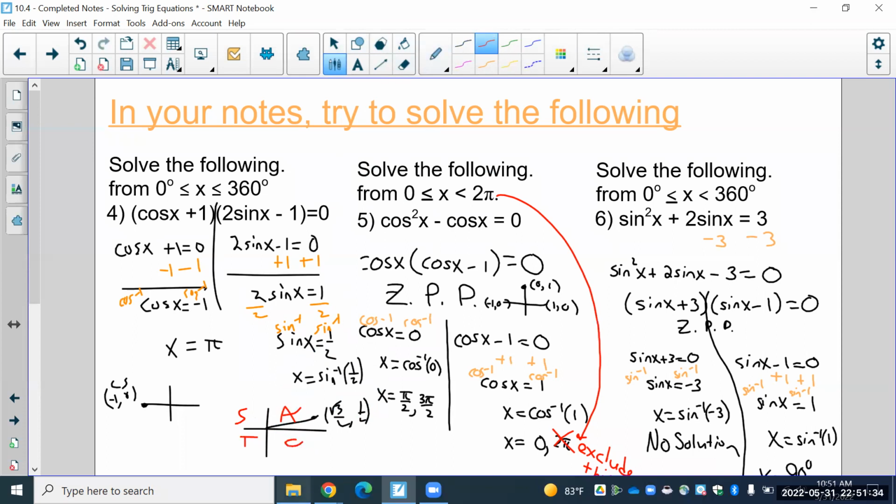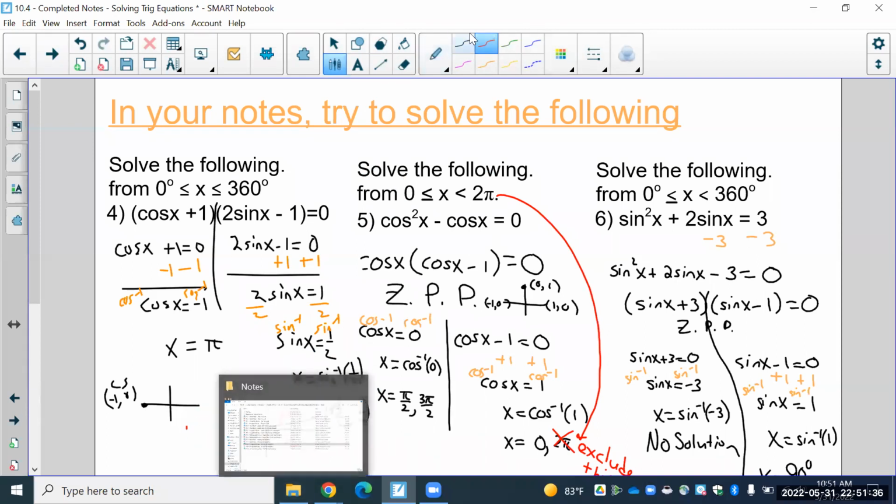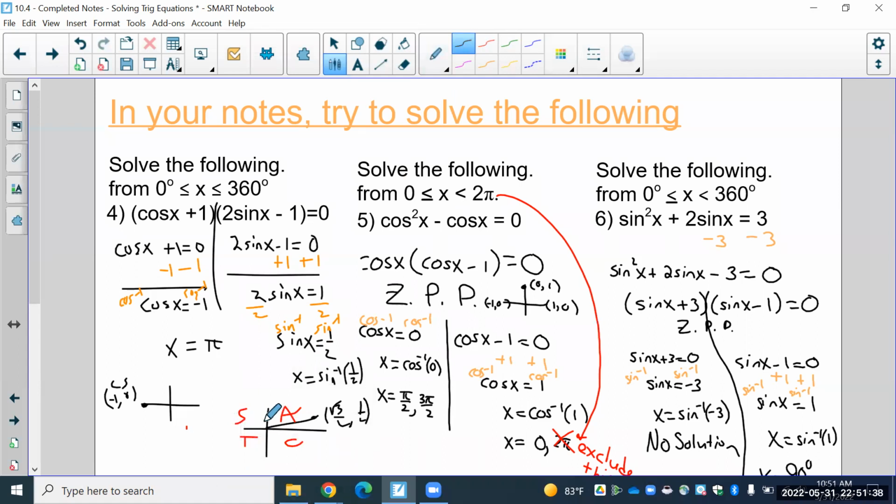And the other place where this would be true would be in the second quadrant. So that would be over here. And remember this one was pi over 6, so this would be 6 over 6, so this is 1 less, 5 pi over 6. So the answer to this question is our first place here at pi over 6, and my second one is there. So x would equal pi over 6, and then the one over here is